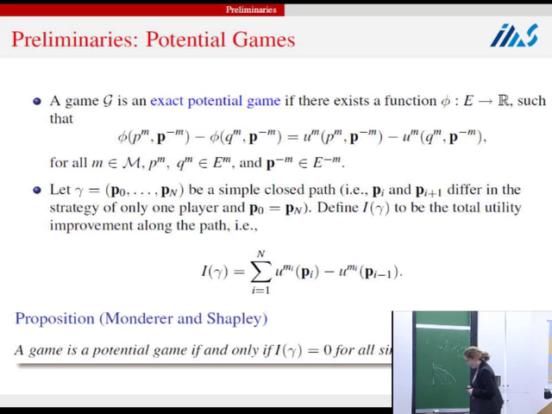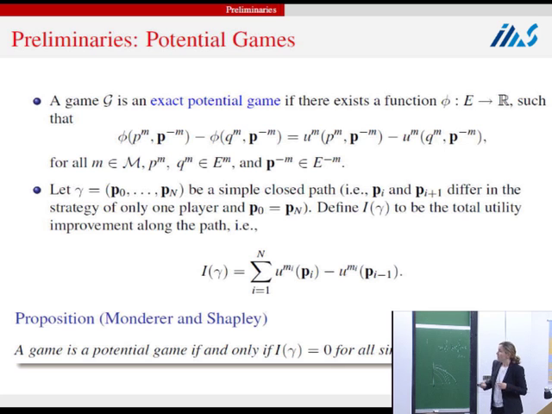Another important notion will be the notion of exact potential games. We say that a game G is an exact potential game if there exists a function phi such that the payoff difference from unilateral deviations for all players is given by the difference in the value of this potential function. The key point here is that this is true for all m. So you can view this potential function as, in some sense, aggregating the preferences of the different users or agents, in the sense that if you have the potential, maximization with respect to subcomponents coincides with the individual maximization problem